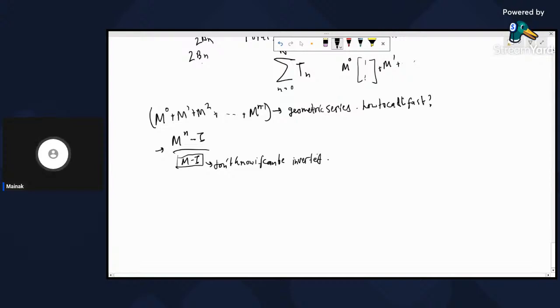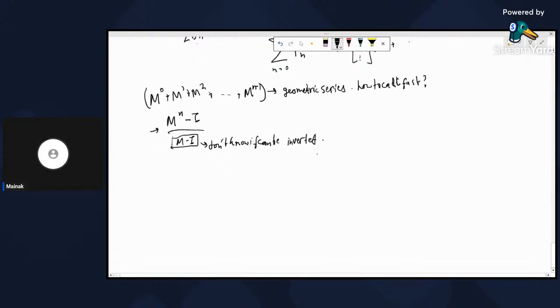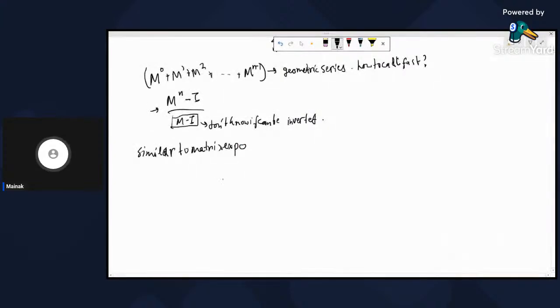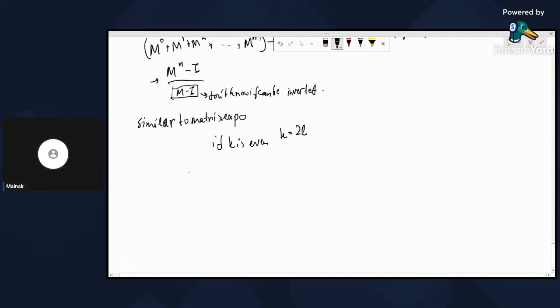So the way we are going to solve this problem is that we will again use something similar to binary exponentiation, matrix exponentiation. So what you do is, if k is even, let's say k is equal to 2L, right? So you have